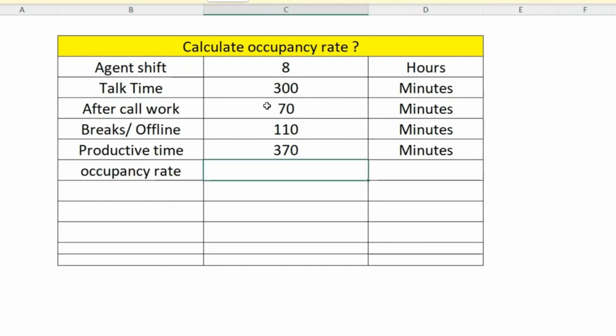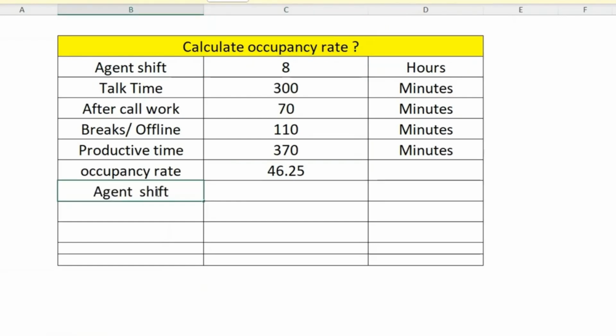So here we have got the components, and the simple occupancy rate would be the value we have just found, which is productive time, divided by the total shift timing of one agent. So here 46.25. You can see why we are getting 46.25. First of all, we have to convert these hours into minutes. So simply calculate the agent